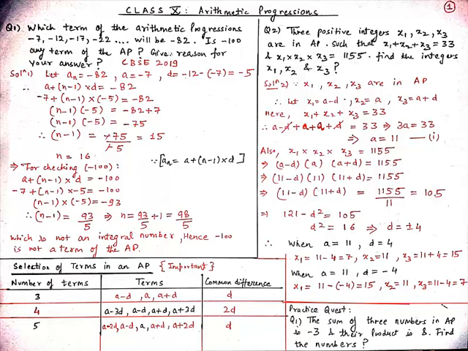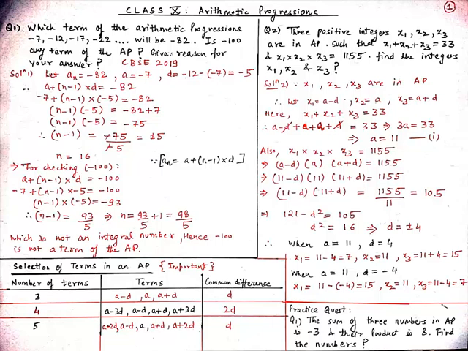And now student, we will check whether -100 is any term of the AP. So to check it, we know that the nth term of an AP is equal to -100, and the nth term is a plus n minus 1 into d, which is equal to -100. So from here, when we put the value of a and d, we get -7 plus n minus 1 into -5 is equal to -100. So from here, when we shift -7 to RHS, we get -93. And now from here, n minus 1 is equal to 93 upon 5. So from here, n is equal to 93 upon 5 plus 1. So on taking the LCM, we get 98 upon 5.